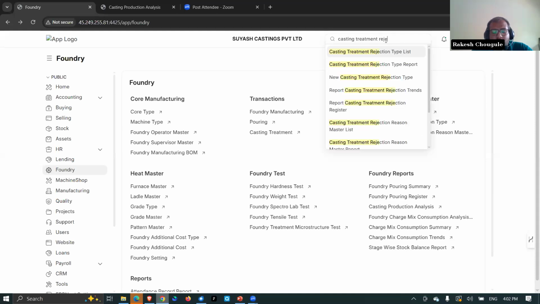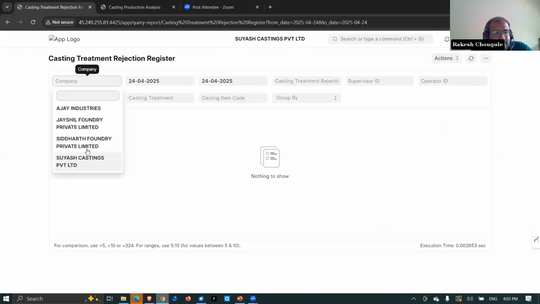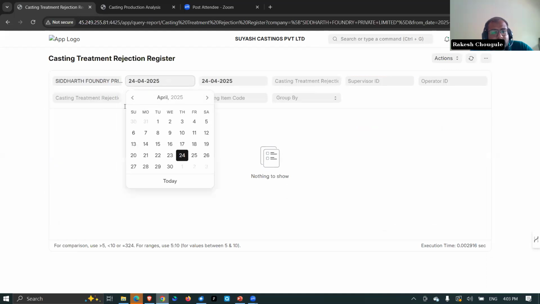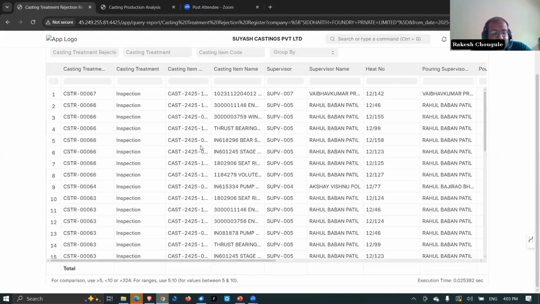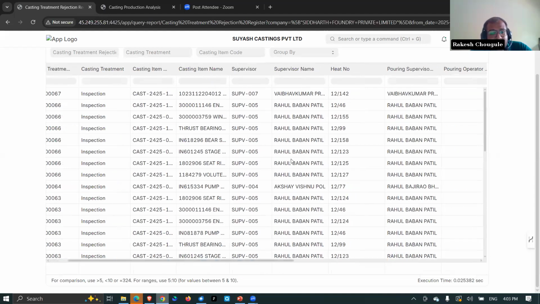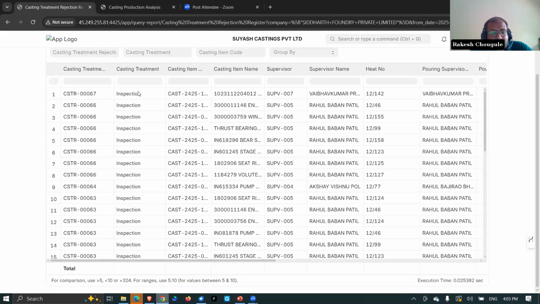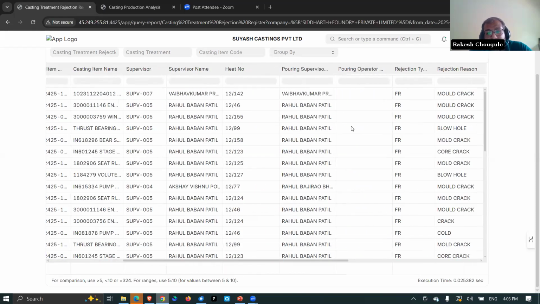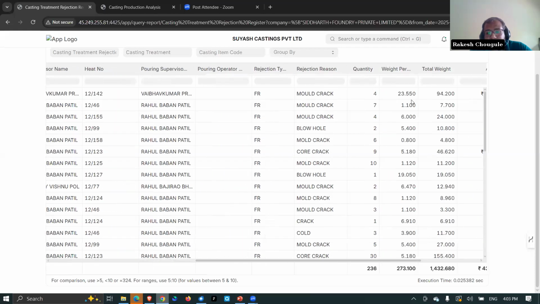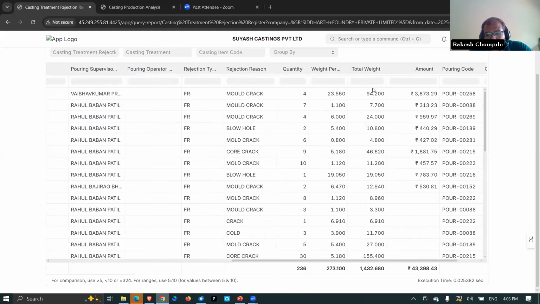This is the important report for the management, where we can find the performance of the operator or supervisor and the reasons for the rejections. Here you can see from which casting treatment it is rejected, the casting item, who the operator was, from which heat number the rejection is registered, rejection type, rejection reason, number of quantities, total weight, and